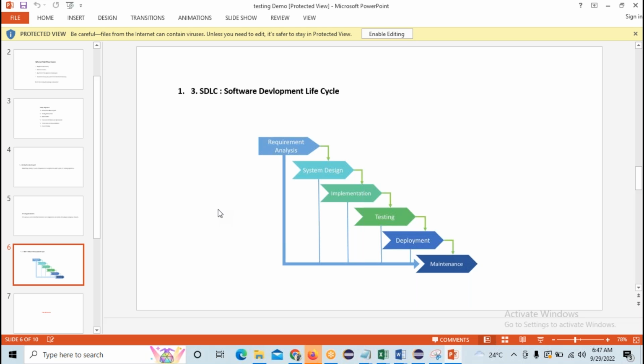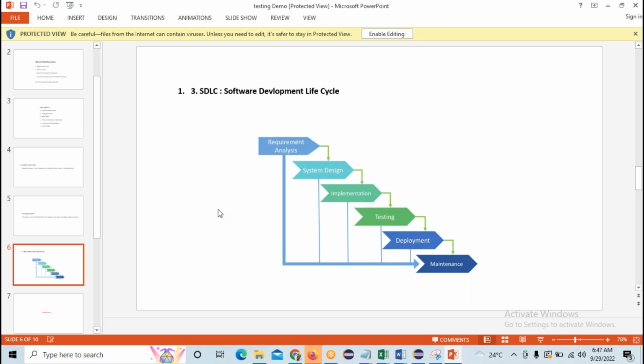Once the requirement analysis is done, we have to do the system design. What is meant by system design? We have taken that example of an apartment. Before going to construct that apartment, the builder will contact an architect, like a civil engineer, and he will take a plan of how that apartment looks after construction. I think many of you faced this if you bought a flat while it was being constructed. He will show a design of how the apartment looks after constructing. That is called system design.